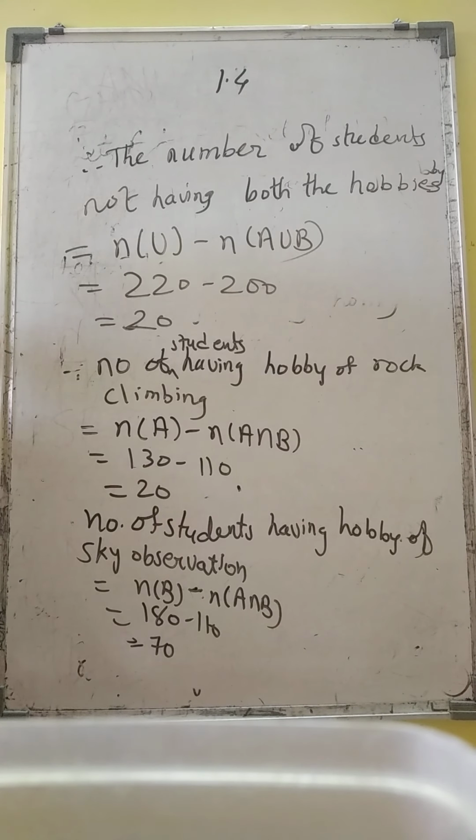So let us draw the Venn diagram. Is this sum clear? You can write the answer to whatever questions, 1, 2 and 3. I am not having the place. You can write it down now.